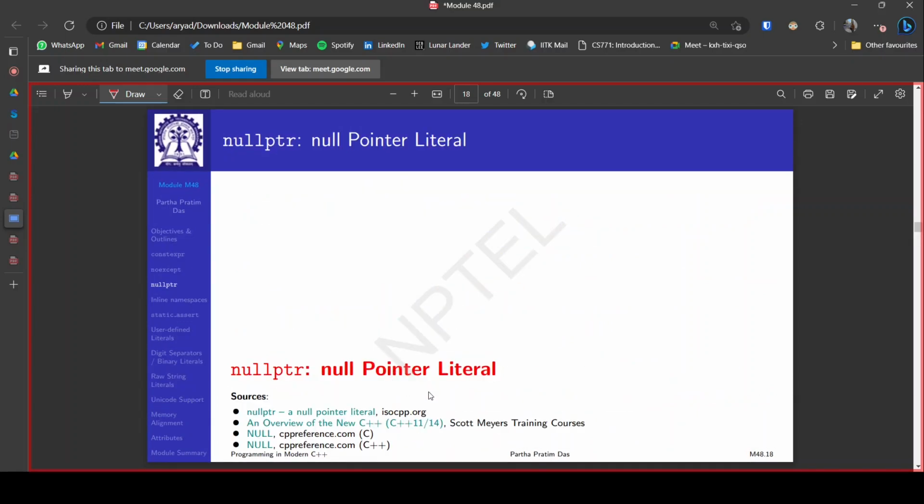Next, one more feature that was added to C++ is the null pointer literal. So as you might remember